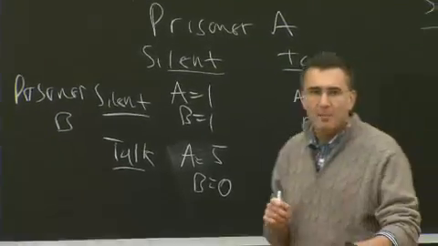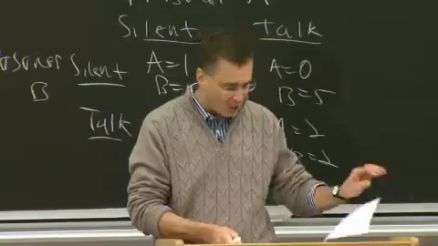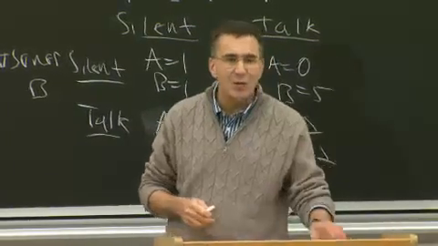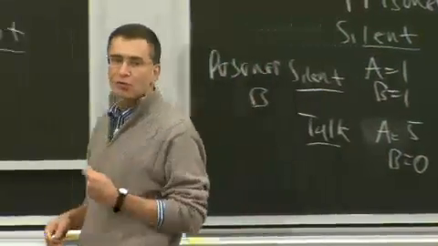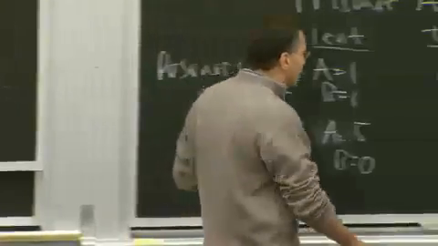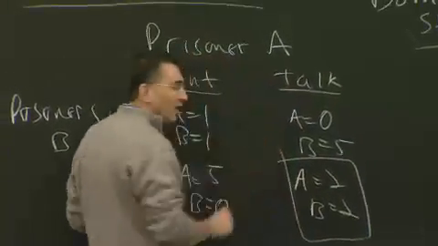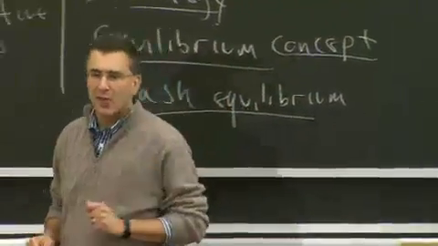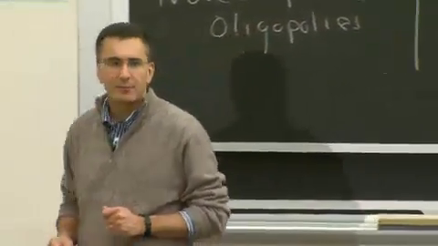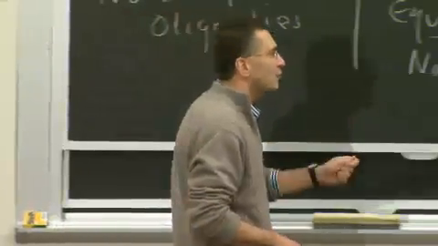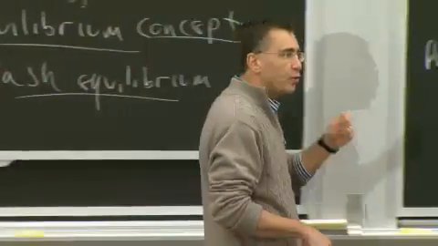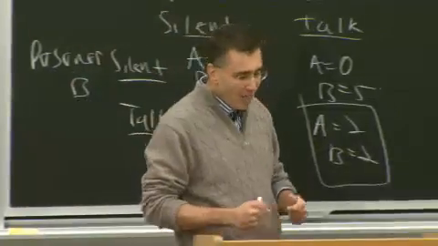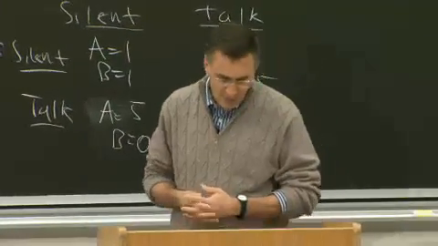So where do we end up? What ends up as the Nash equilibrium? The Nash equilibrium is that both prisoners talk. The dominant strategy for both prisoners is to talk. And they both end up worse off than if they could have cooperated. So the dominant non-cooperative strategy is to both talk, even though they could have done better if they could get together, okay?